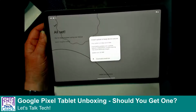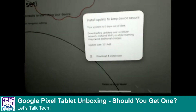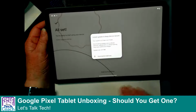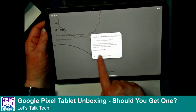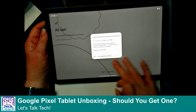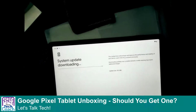Download updates over cellular network. Okay, now see, this is not so good, because this is not going to be on a cellular network, because it's not a cellular device. It is only Wi-Fi. So this text should have been changed, and I might just take the time to say something to them about that. It says downloading updates over cellular network, metered Wi-Fi, or while roaming may cause additional charges. It's funny. Whoever did this one needs to be talked to, because it says the system's out of date, but there's an update to install. So that's confusing. And the update size is 201 meg. So I'm going to go ahead and download that, and it's going to start loading a system update. So while it's doing that,